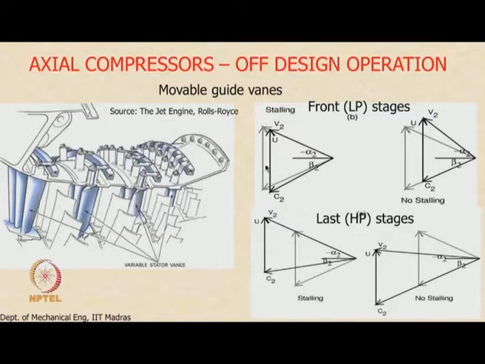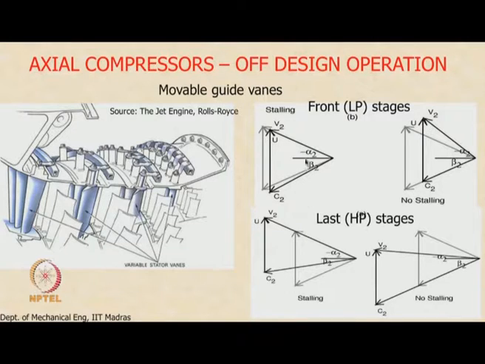Other situation, so this is when the axial velocity is less than the design value. Now when the axial velocity is more than the design value, that is what is happening in the last stages, right, they are choking because the axial velocity is more than the design value. So again you see the design velocity triangle in gray, and when the axial velocity is more, you see the relative velocity vector swinging this way,